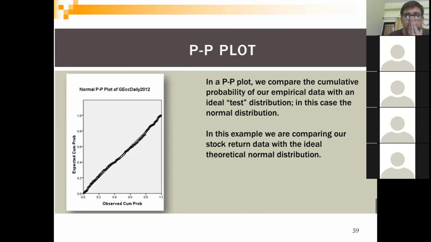What is a PP plot? How can we differentiate the PP plot from the QQ plot? I cannot get the point. So QQ is about exact values and PP is about probabilities. Okay, sir. So that's how you calculate a PP plot.